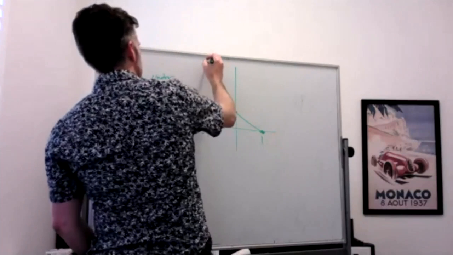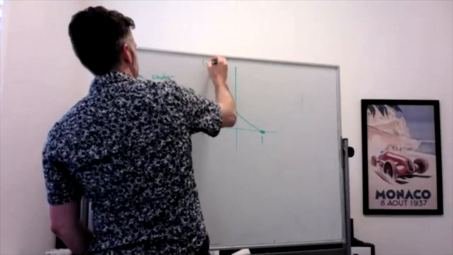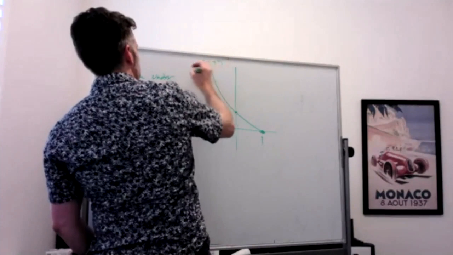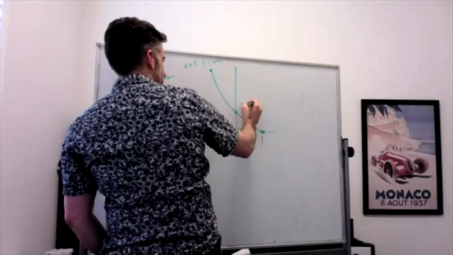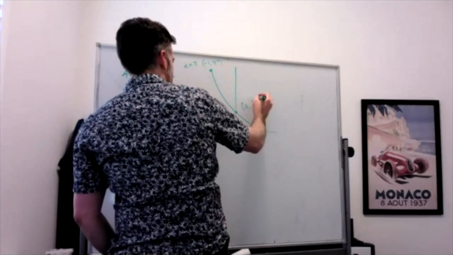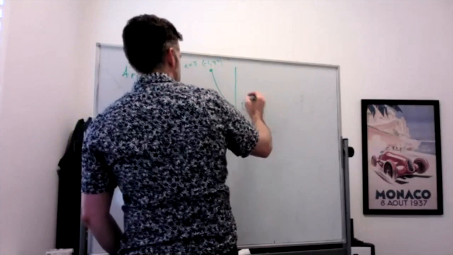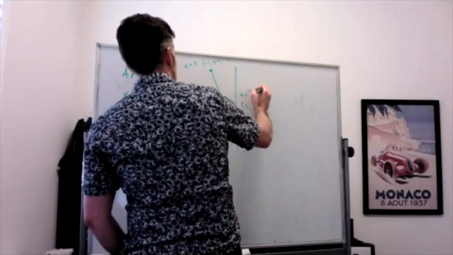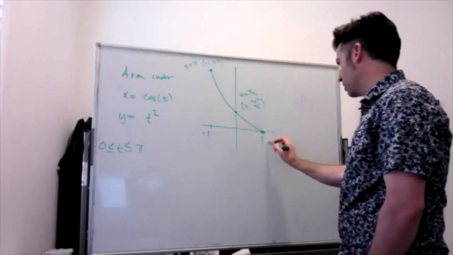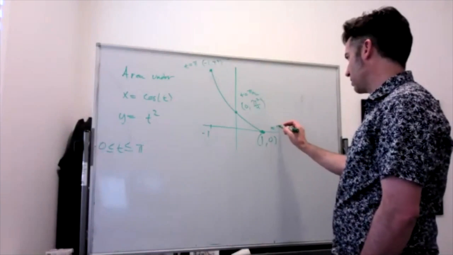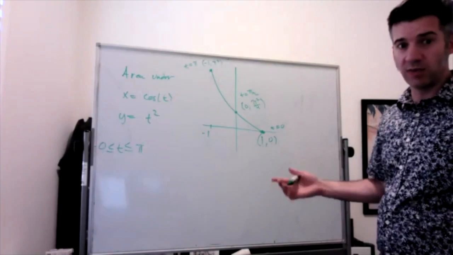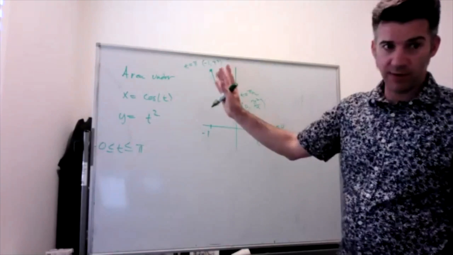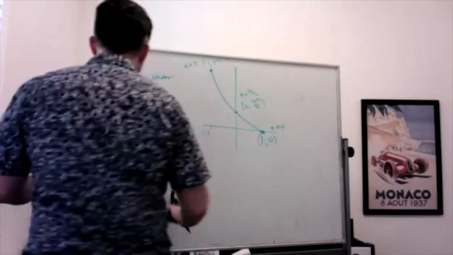So this is the point -1 comma pi squared when time is equal to pi. Here's the point 0 comma pi squared over 4 when time is equal to pi over 2. And here's the point 1 comma 0 when time is equal to 0. So as time increases, we move from right to left. If you want to find the area,